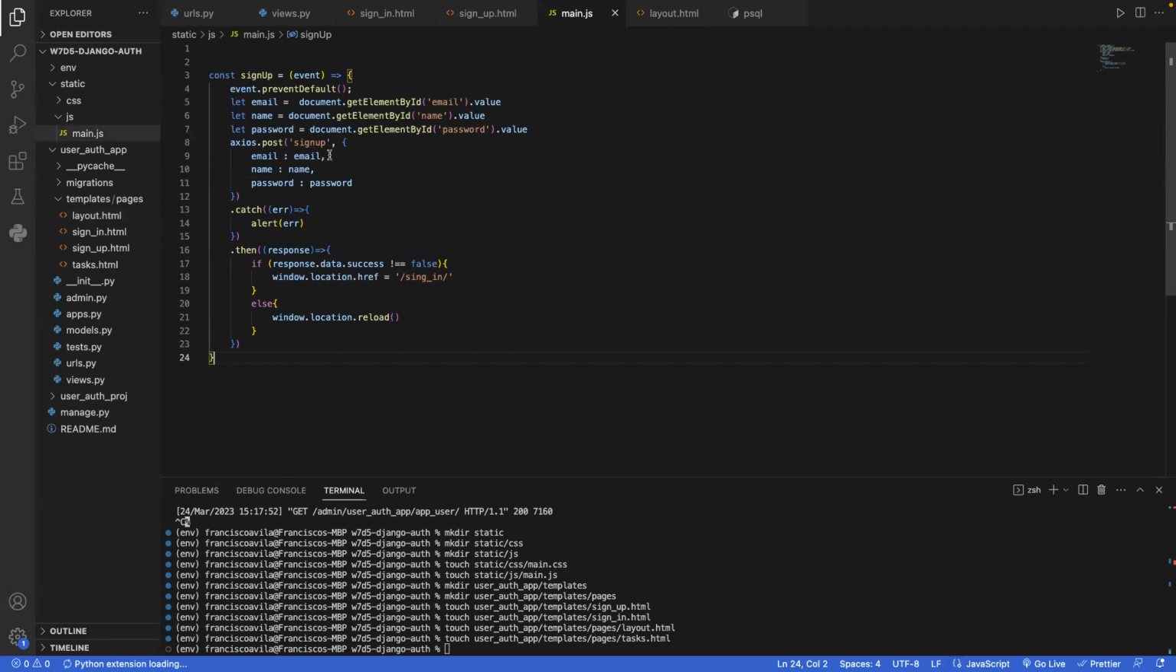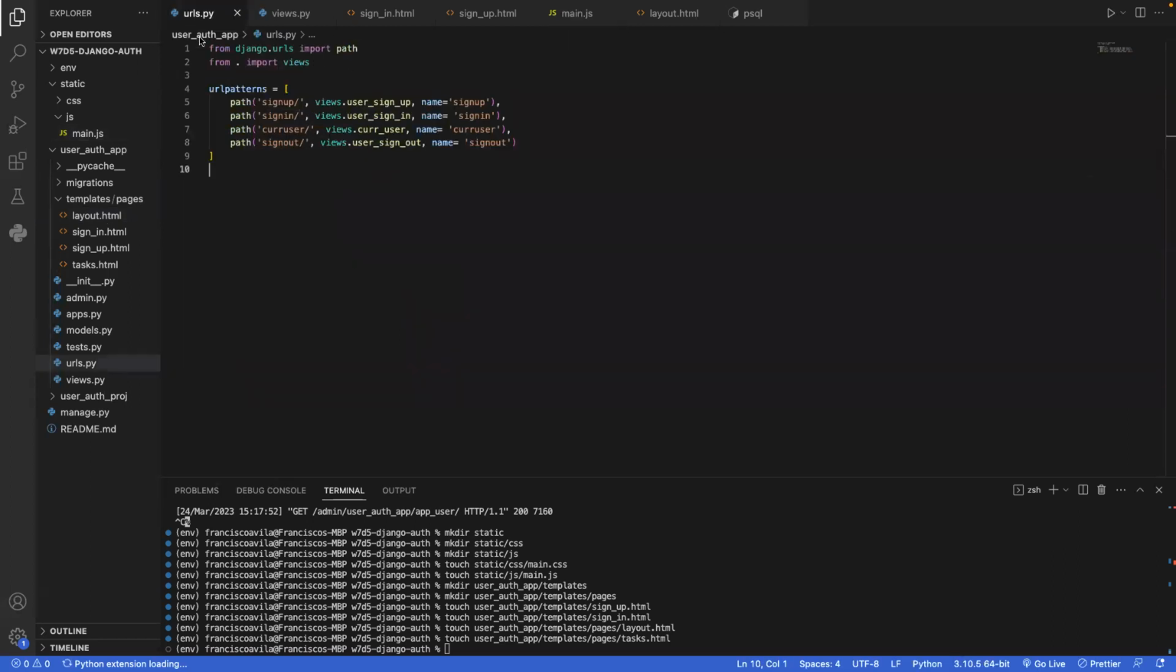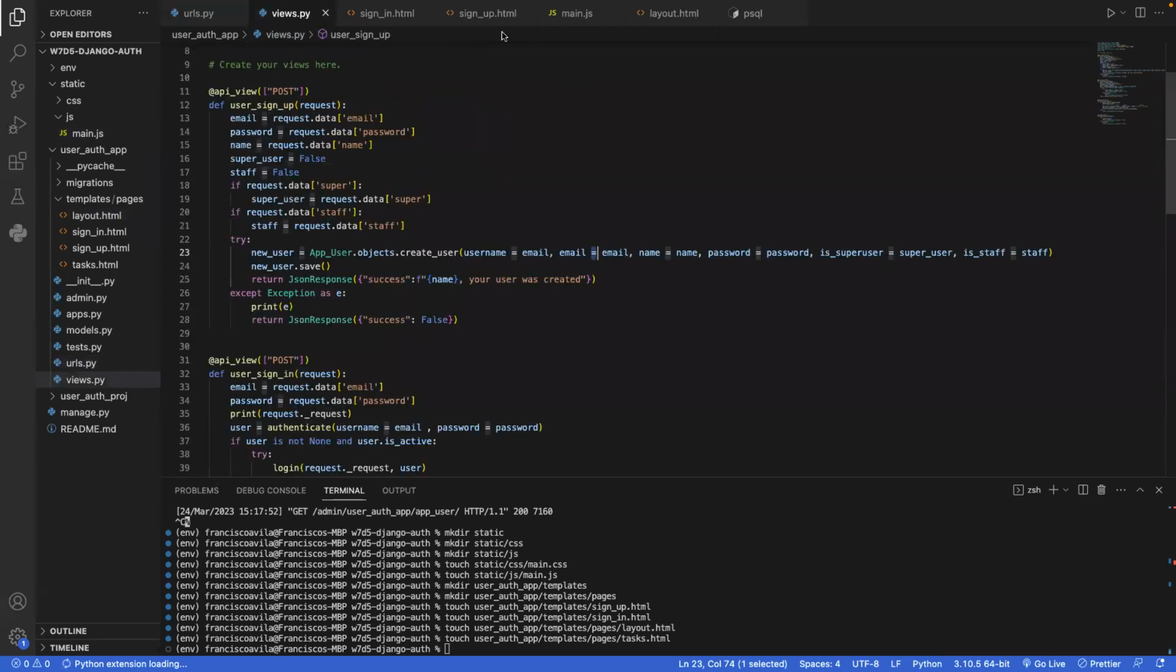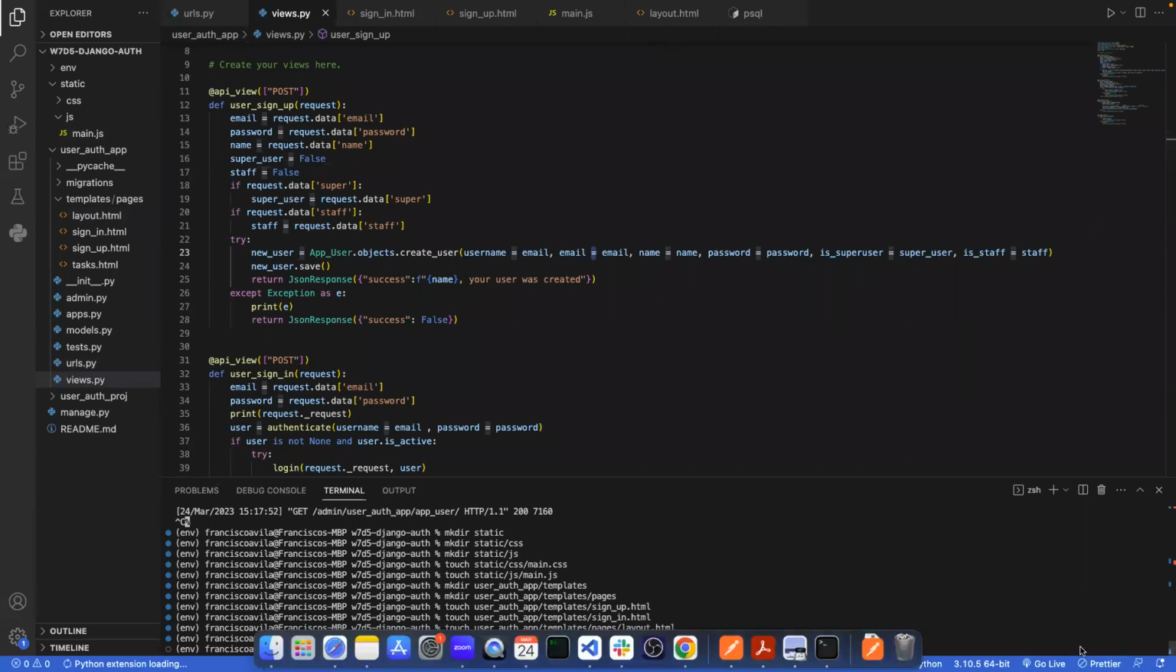okay, it sends the request to sign up, and that should have a URL. So that goes into sign up, which then goes into the views. So it allows the user to sign up. So after the user signs up, it will then go to sign in. So let's